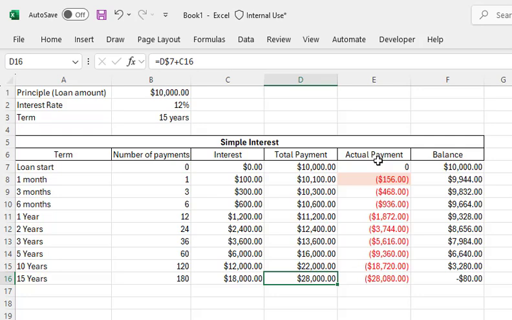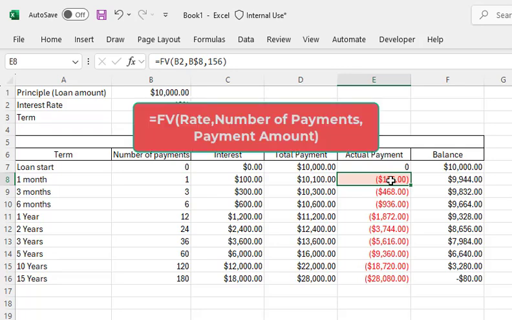Now let's figure out what the actual payment would be to pay this off in 15 years. You can figure out what you want here, but this is why I highlighted this column especially. At loan start, you have 0 payments. You didn't pay anything yet, since it's not due for 30 days or whatever your bank or loan company has you do, but usually it's about 30 days. So this one's 0, just like we had here, but now this one is where you have the future value, the FV